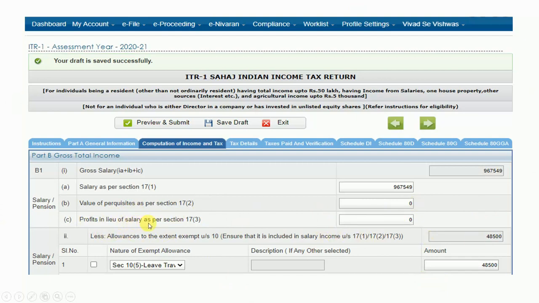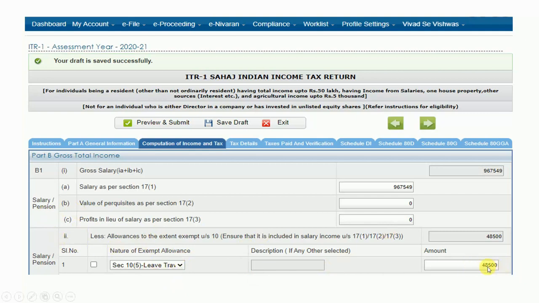Profits in lieu of salary as per section 17(3). If there is any profit, you can update it here. All these three values are considered as income, that is salary or pension. And in the second part, you can select leave travel allowance.